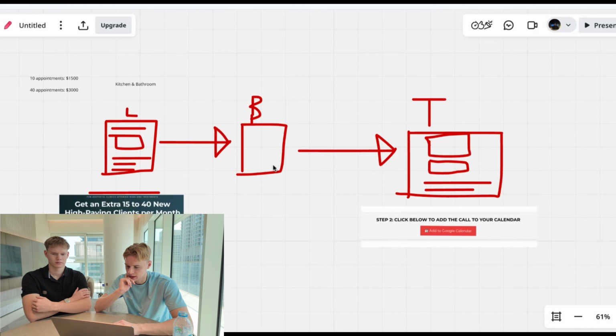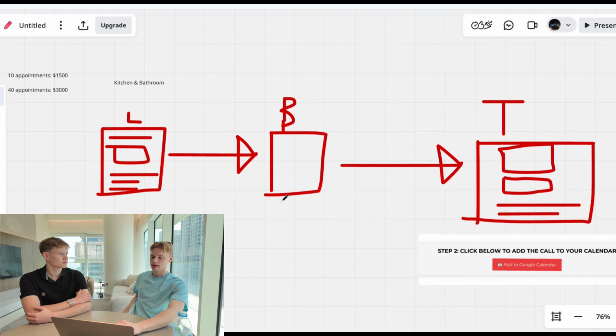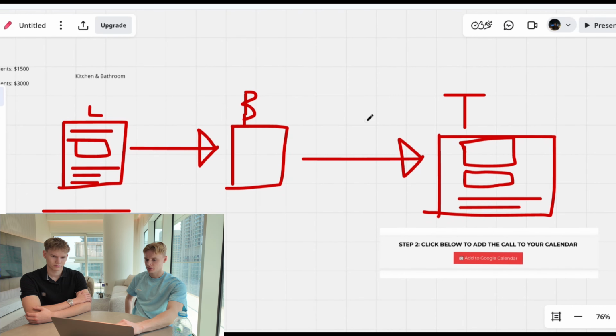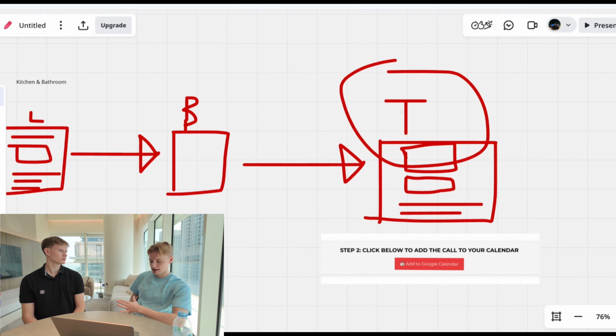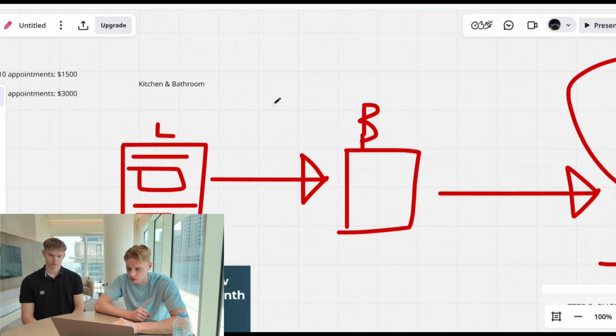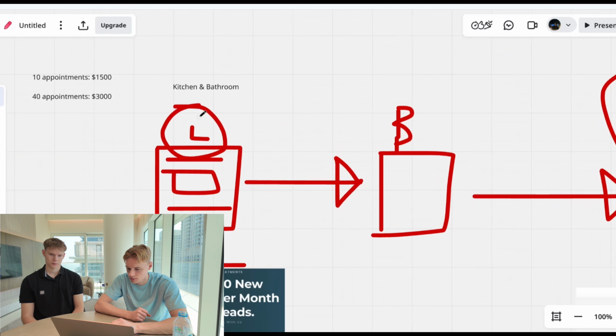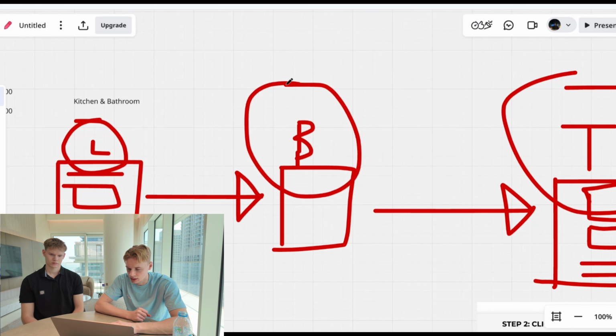Yeah, in terms of the pixel stuff, one of the things a lot of people get wrong is that they have the lead set to when people arrive on the thank you page, but that's most of the time not really going to work because it's too far out for Facebook to fully understand. So that's why you want to set the landing page to page view on the pixel, and then this one right here, once I submit the lead form here,